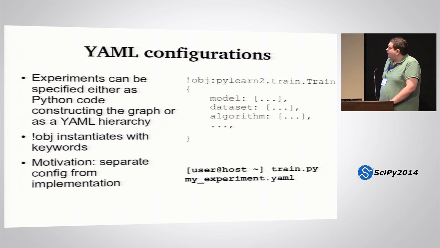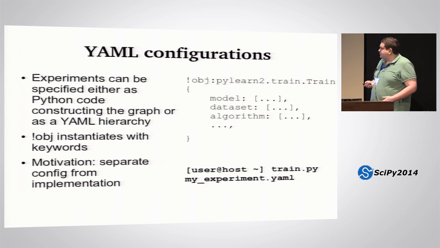We ended up using a configuration language other than Python. I don't really remember the reason why, but suffice it to say, this has become the popular way of using our library, which is to say a YAML file that describes an experiment from top to bottom as a DAG of objects, and there's just a common script interface to actually execute the experiment.